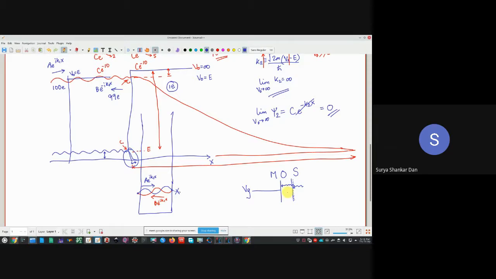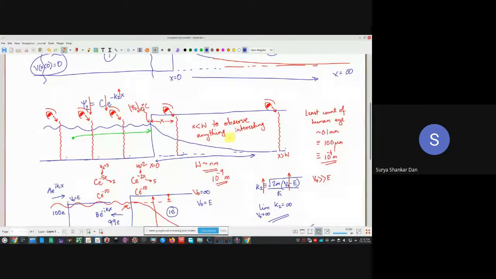Device breakdown happens, right? Yes. When you do circuit design, IC design next semester, I will tell you, okay, this oxide layer should not be less than, say, 3 nanometers for this particular technology node. Something I'll tell. Over there, then you will be able to realize, okay, if we go below 3 nanometers, what happens. Do you know what this 3 nanometer is? This is the W which we were talking about.